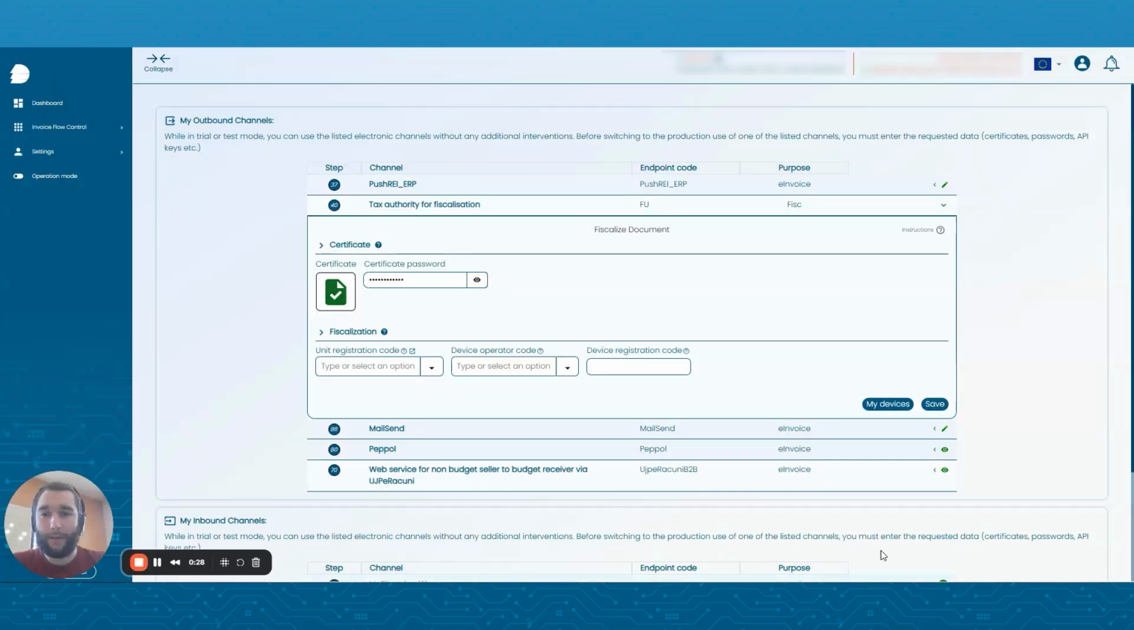And what I've done already is that I have inserted it here, as well as inserted the certificate password. Now the second part which you need to do is this one. Essentially register the business unit, device operator code, and the device registration code. A business unit is your business space, your premičnina or nepremičnina, essentially the registered address from which you want to be fiscalizing. Device operator code is the specific person who will be fiscalizing,